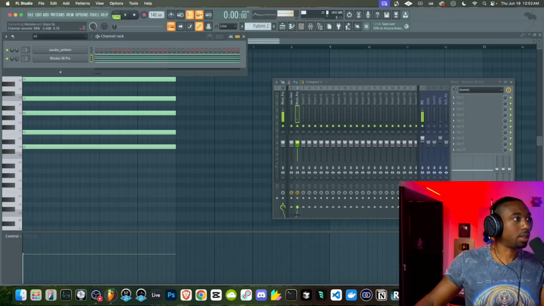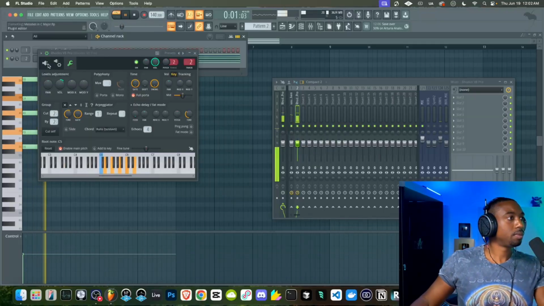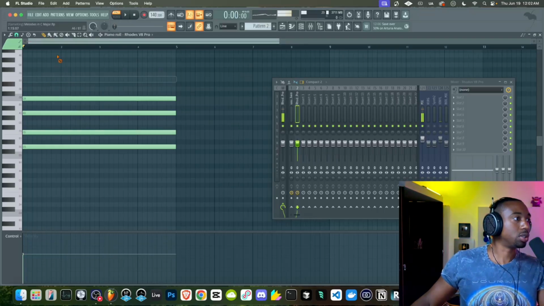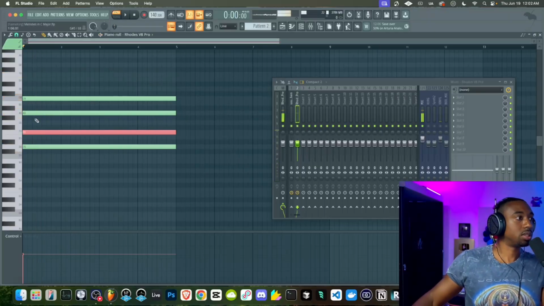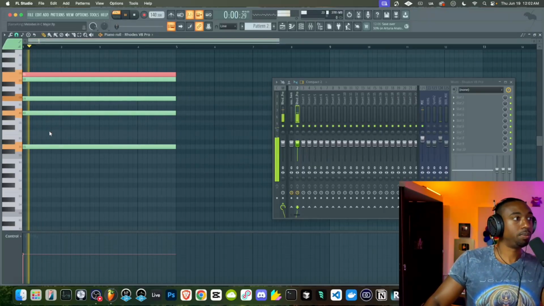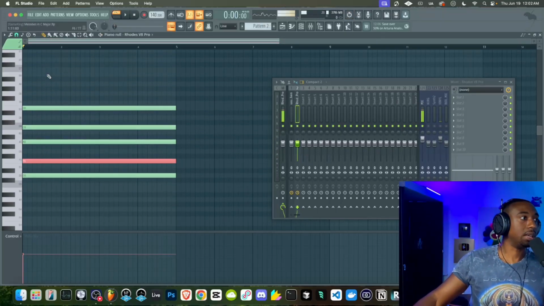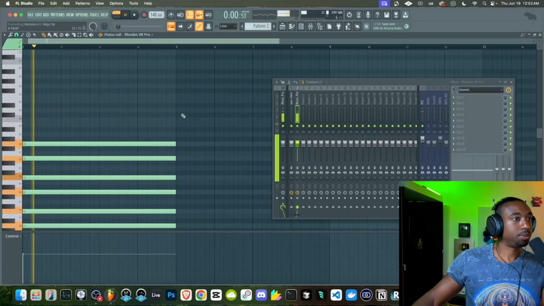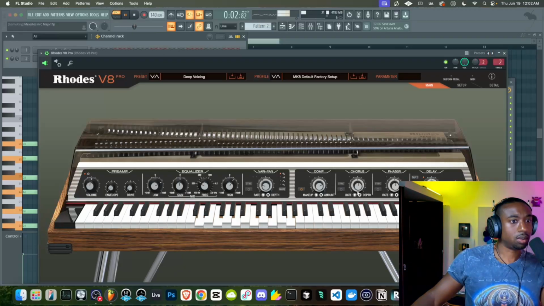This plugin's a little quiet, so we got to amp it up a little bit. All right, so I usually like the D minor 9th chord. Now, for this technique, I usually omit the 9th because if you raise the 3rd, which I'm about to do, it's too close to the 9th and it causes too much dissonance. So instead of doing that, what I'll do is I'll just omit the 9th, or I'll make it an 11th chord. Let's go down. Let me switch out the preset here. Let's add a little chorus.